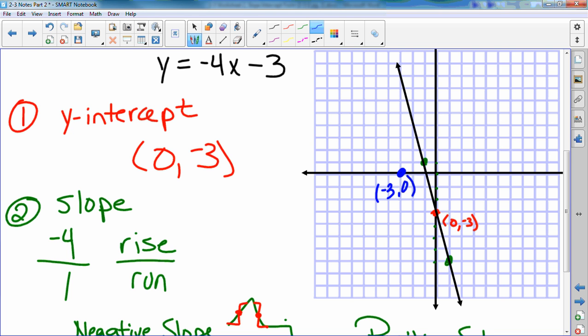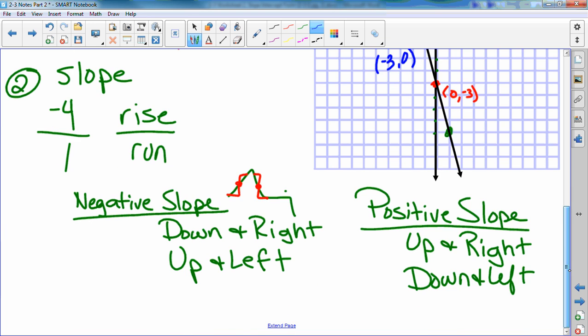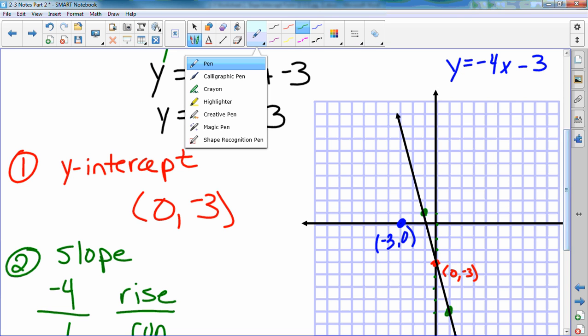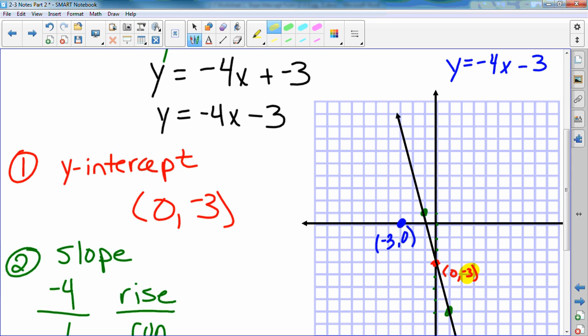Obviously, that point doesn't fall on that line, right? I mean, it's away from the line. So watch what happens to the equation. Okay, we have y equals -4x minus 3. So if you actually take your -3, this one, and plug it in for the x,